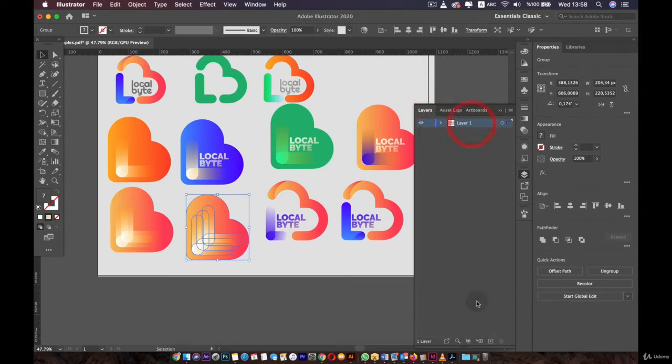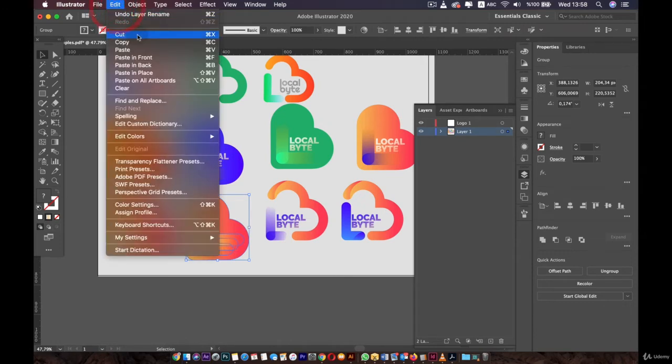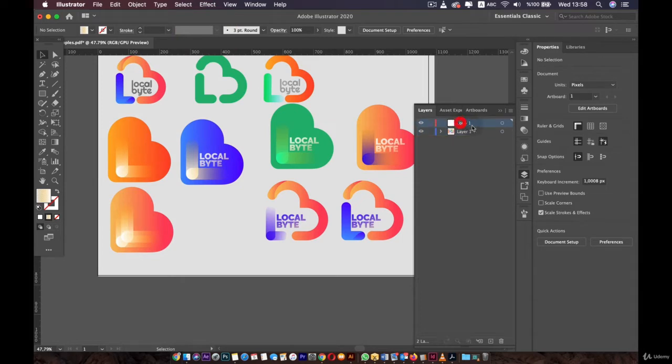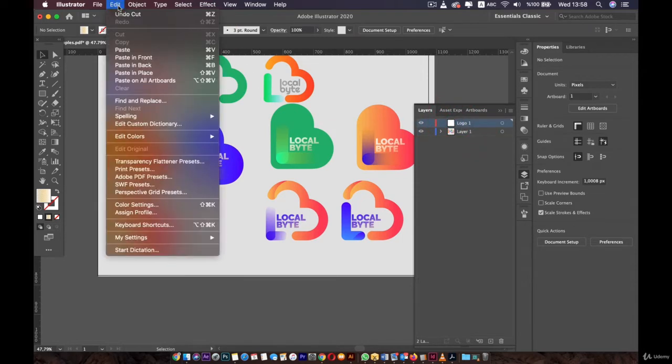We can do that by coming down, pressing on the plus button, which is this one, to create a new layer. I will name it logo 1. And then I can come over here, click on this group, right click or go to the edit and then cut it, or you can also Ctrl X. Now select the layer that we just created, go to the edit and paste in front,